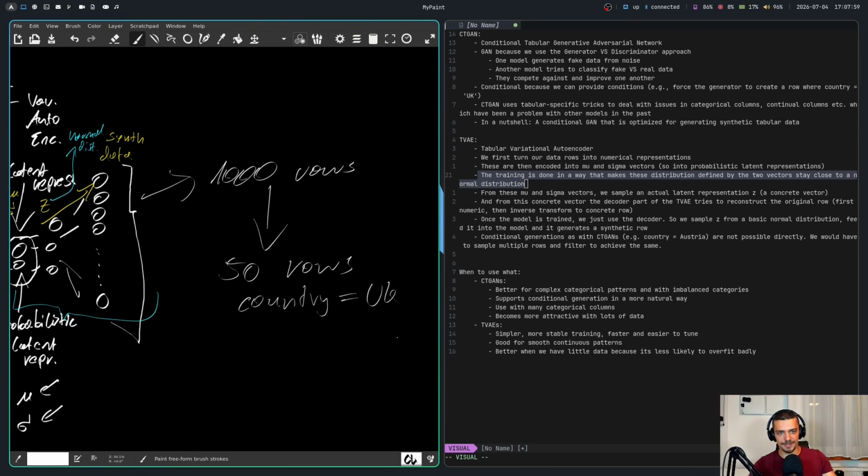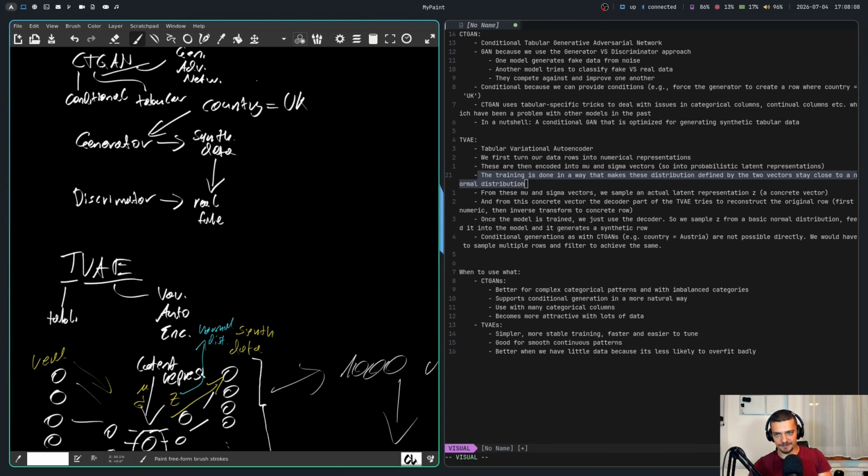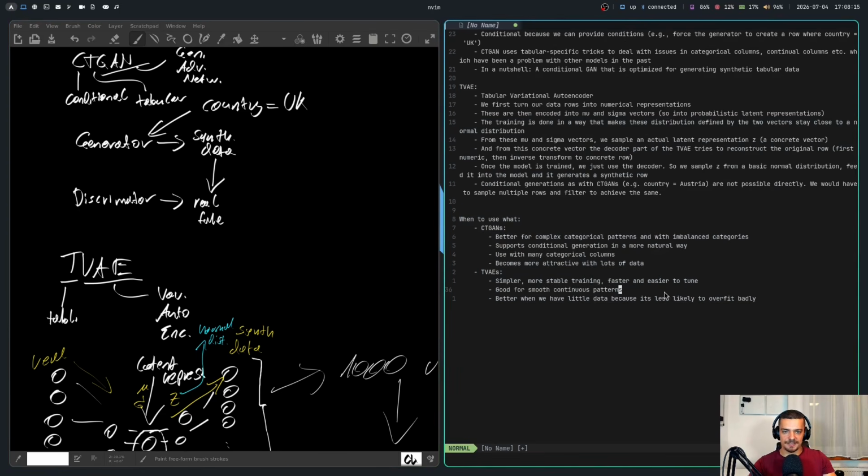So maybe you have to keep generating until you get it. Especially with rare values, this can be a problem. So this is something that the GAN is better for, the CTGAN is better for. You can specify conditions. As a general rule of thumb, if you need a quick guide for making the decision,